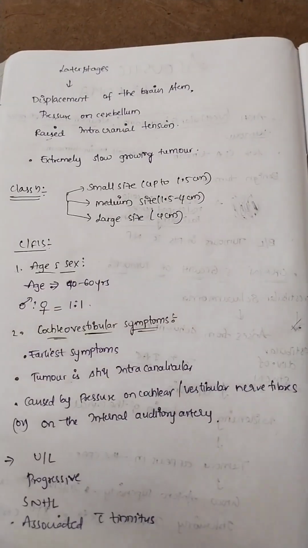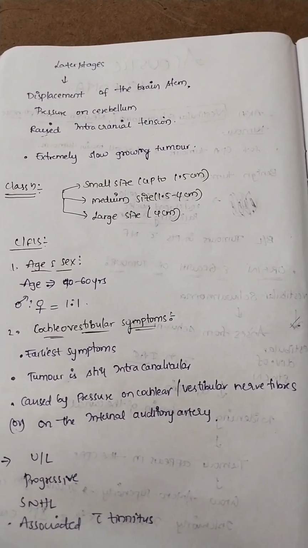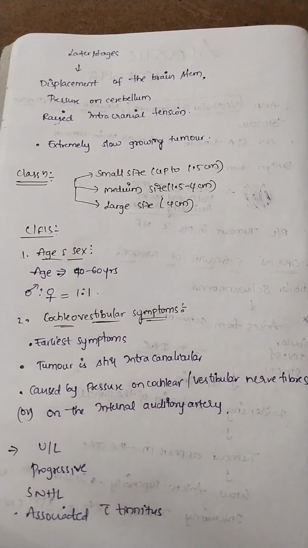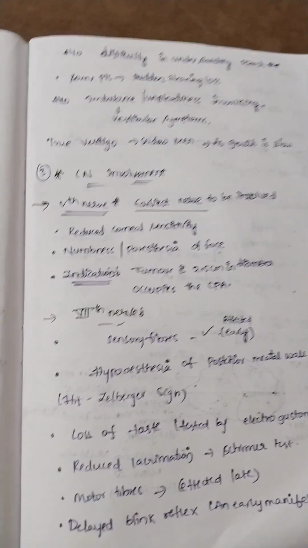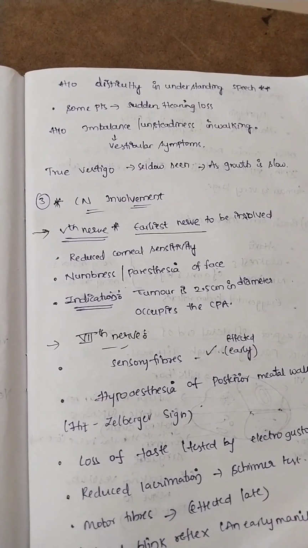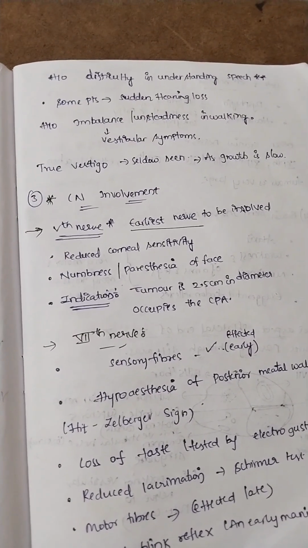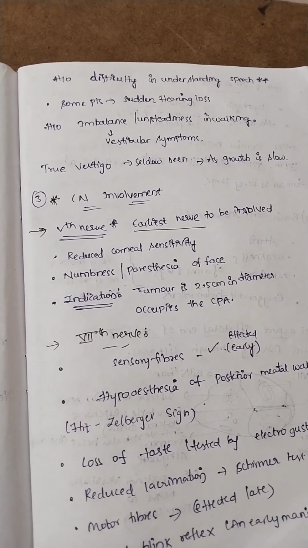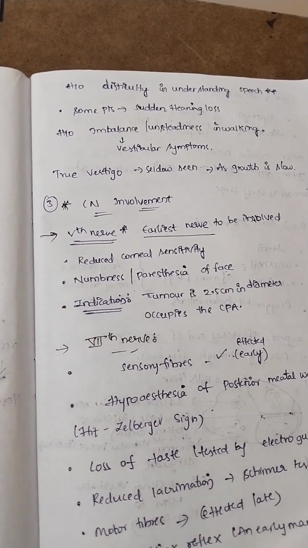Okay. The tumor is usually unilateral. It is progressive, and the patient complains of sensorineural hearing loss. It is associated with tinnitus, a buzzing sound in the ear. And history of difficulty in understanding speech; this is a very important complaint, you should never ignore this. Some patients will say we had sudden hearing loss, and history of imbalance, unsteadiness in walking,